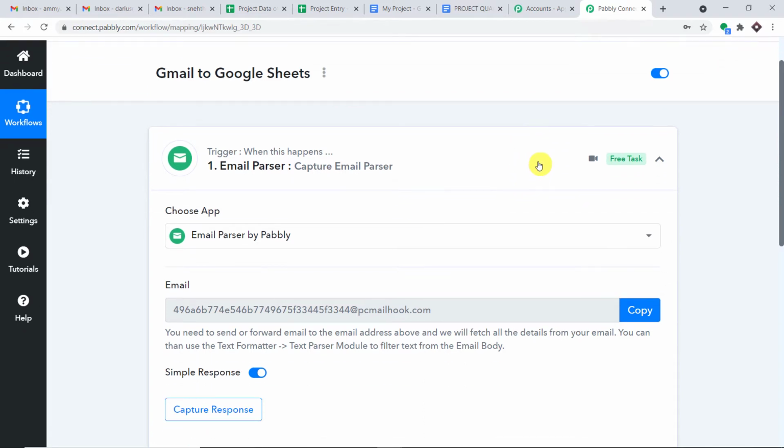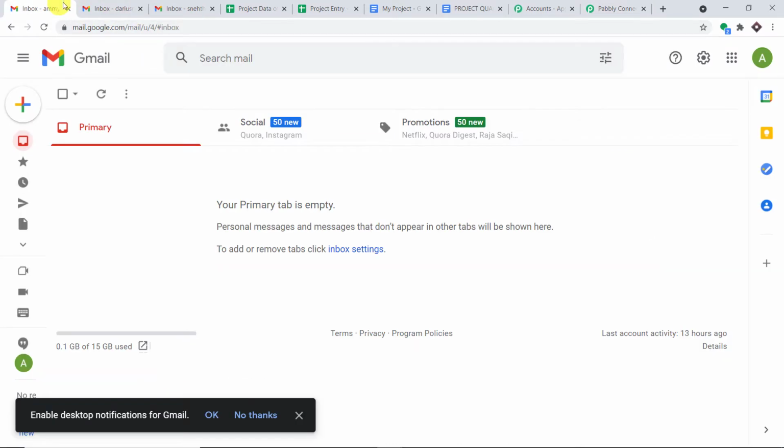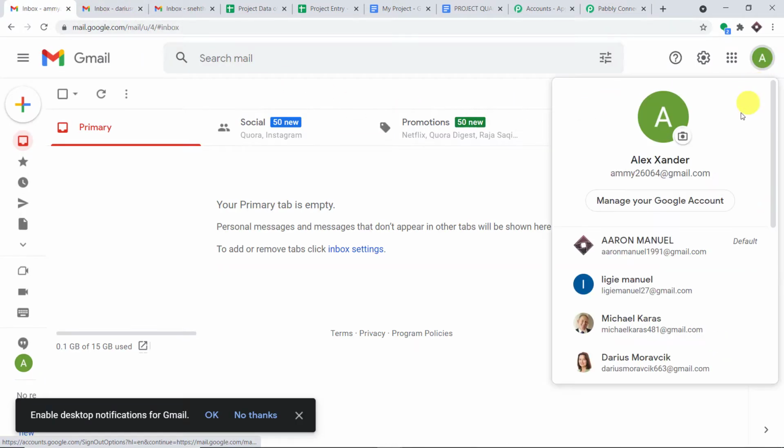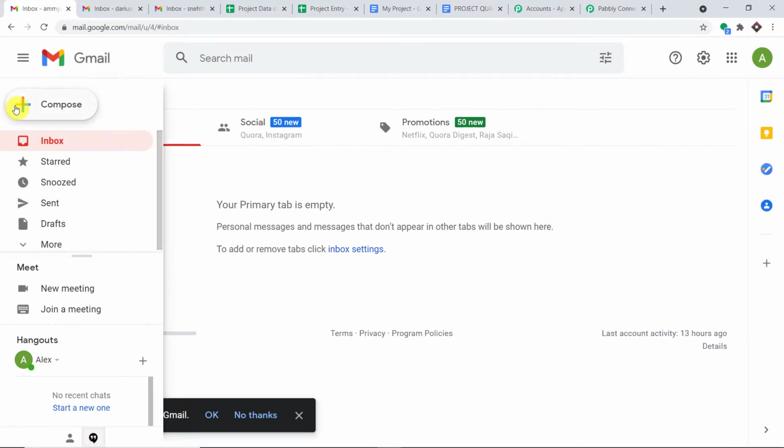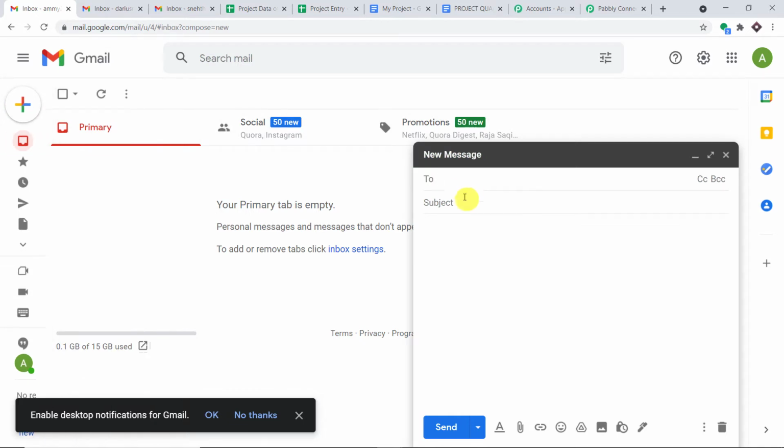So what I'm going to do here is conduct an experiment. For example, a person called Amy. Okay, so let's go with this one. A person called Amy Alexander, with this email address, is going to send an email. So just a random email. Okay, and the subject she is going to work with is violet. Okay, just a color, that's all. And this is the body: I love violet.